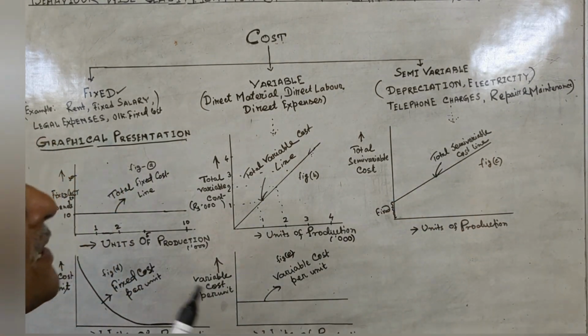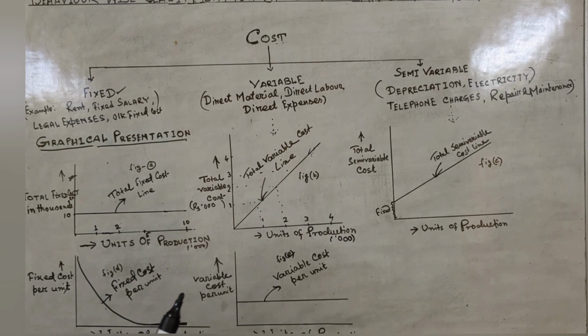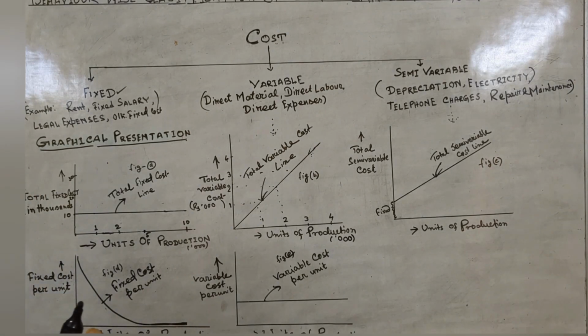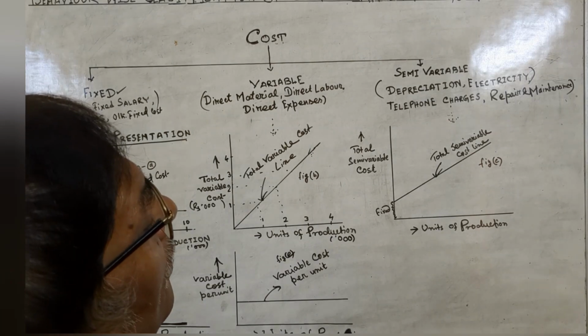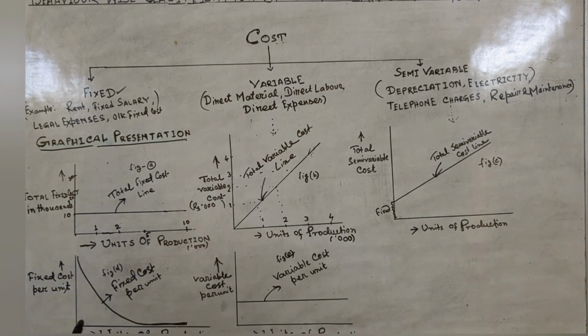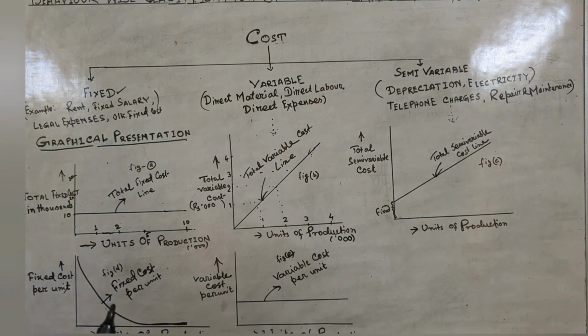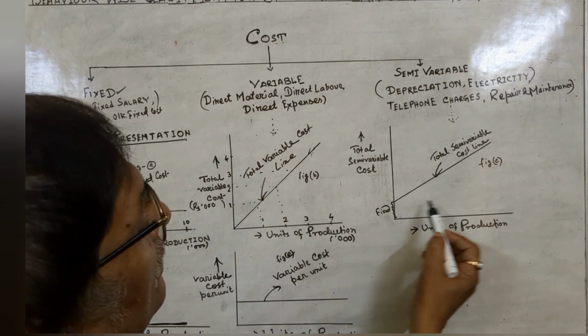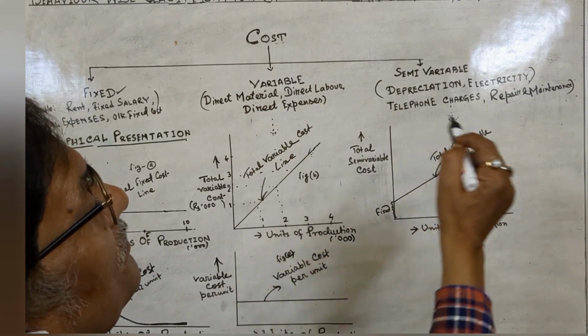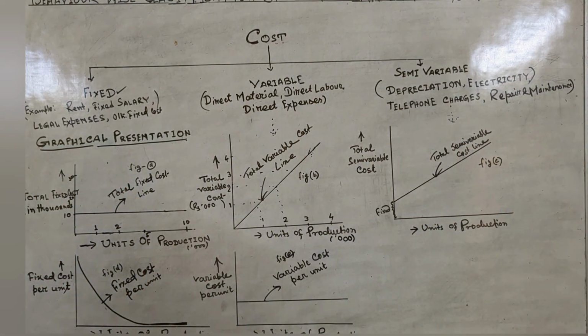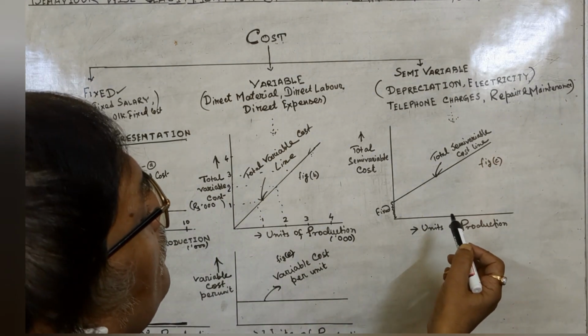Repair maintenance is also like that. You have to bear a minimum fixed expense on a regular basis to maintain the machines or assets of the factory or your office. And with the increase of production, it will increase more and more. That's why this type of costs, depreciation, electricity, telephone charges, repair maintenance, heat, so many items, are semi-variable costs,